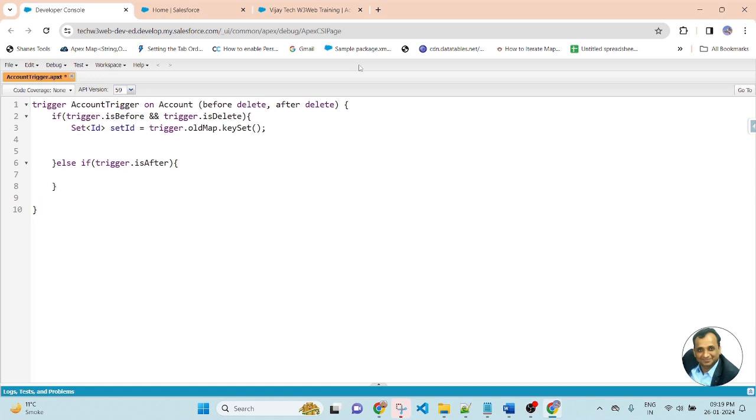After that, I will write a SOQL query on the contact object and retrieve a list of contacts based on account ID.